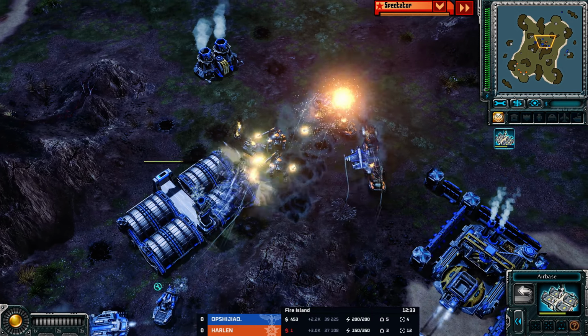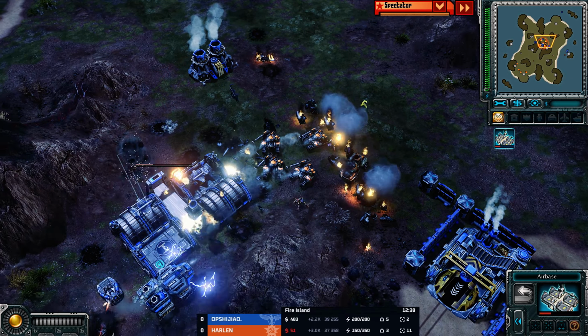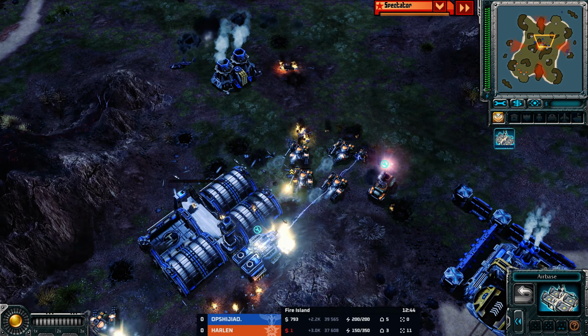numbers are back up to a healthy place. Vindicators are going to have to try and trade out their lives. They go for the Bullfrogs. They leave the hammer tanks, so opShijiao believes he can deal with the hammer tanks. He can't deal with the Bullfrogs, which is a curious case